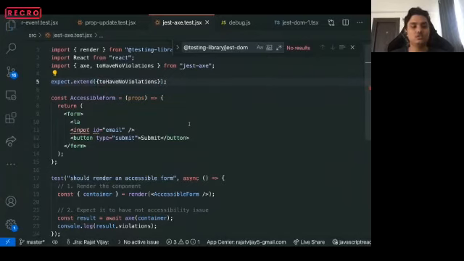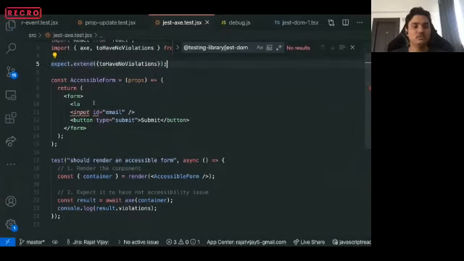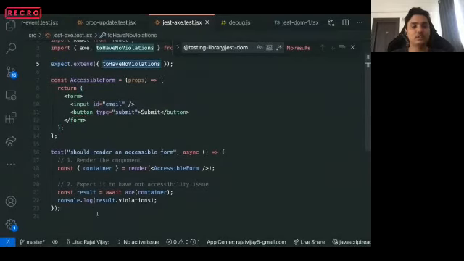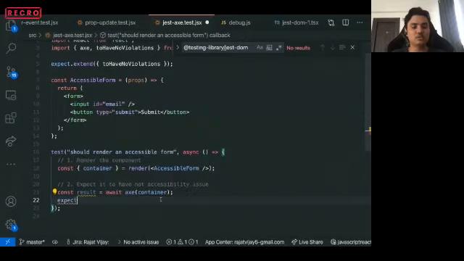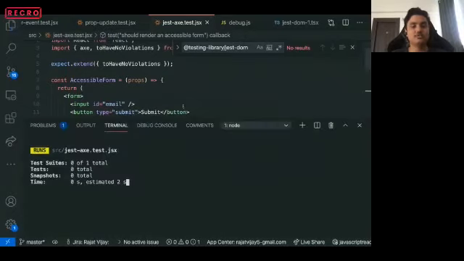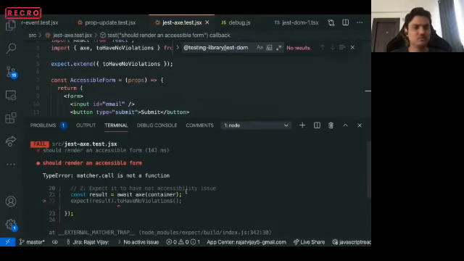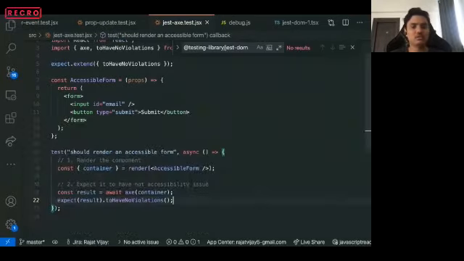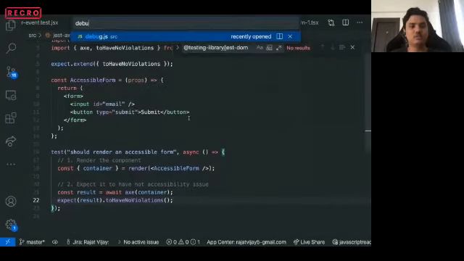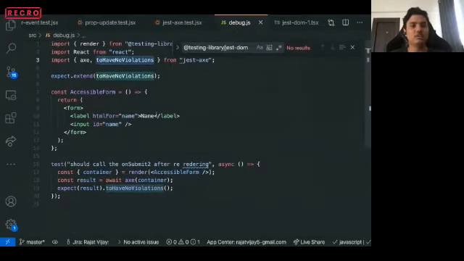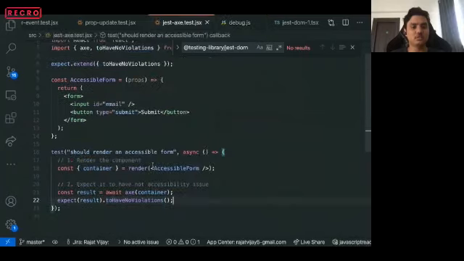To have no violations. And you can test it directly here: expect result to have no violations. Let me check the name. toHaveNoViolations, that is correct.